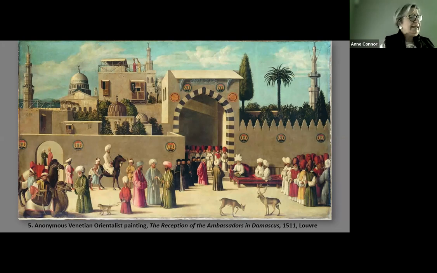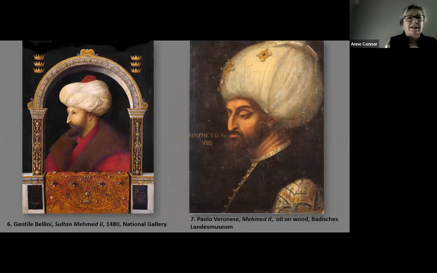And then interestingly enough, portraits of sultans. And don't forget, these were Muslim people. They normally don't accept the idea of human representation in painting or in sculpture. But their ego was such that they wanted to be remembered and they wanted to be seen. And so you have here two great names showing on the left by Gentile Bellini, the Sultan Mehmed II, painted